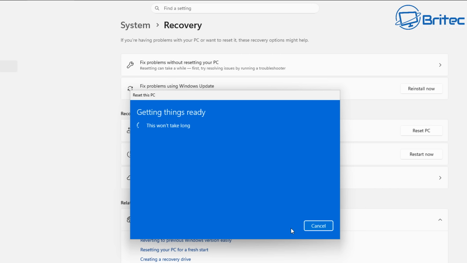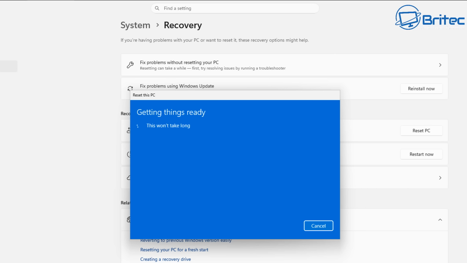But like I said before, it's always best to back up your data first, just to make sure that you have a safety net just in case something goes wrong. It very rarely does, but it's always best to play safe. So we'll let this just go to where it needs to be, so I can show you that doing